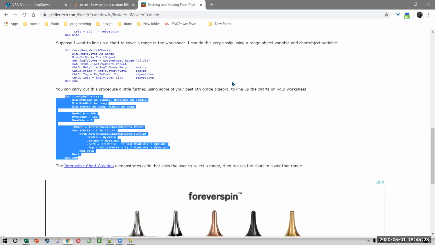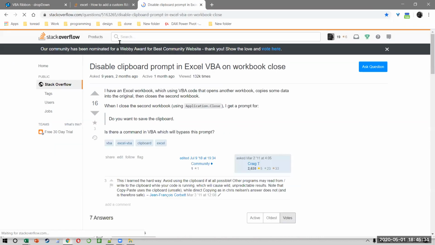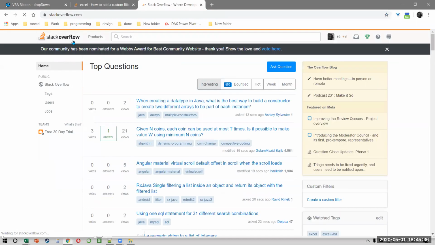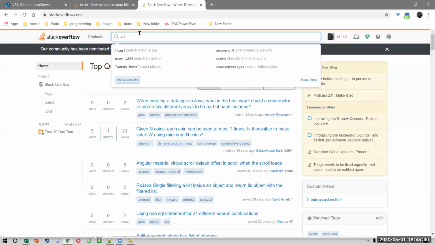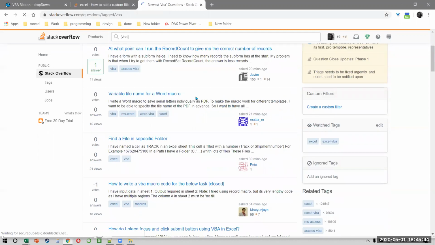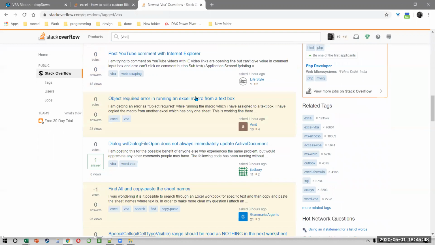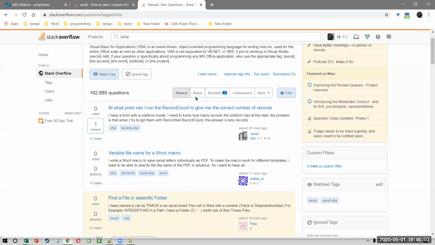And this is not one website. Even in the 3 days that you've been with me, you must have seen I've gone to so many different websites, right? The absolute best website to get something is Stack Overflow. This is the most popular developer community in the world. And if you just search for VBA, you can see, and this is even a good practice, if you want to learn, just go through these questions and see what type of questions people ask.